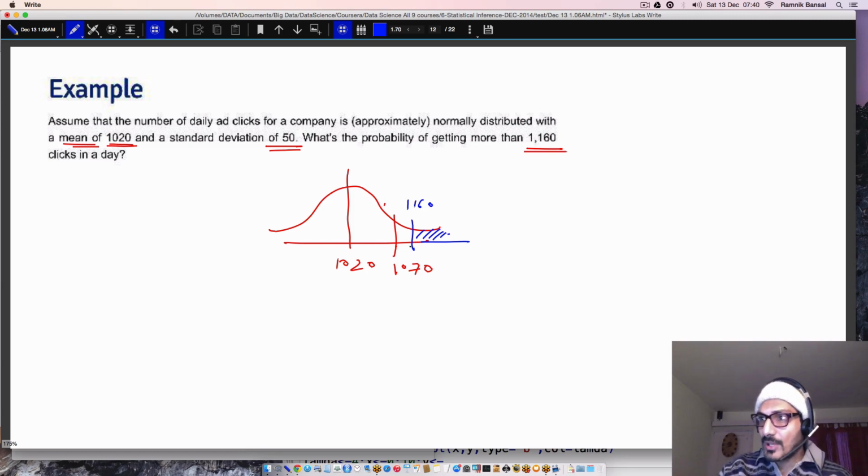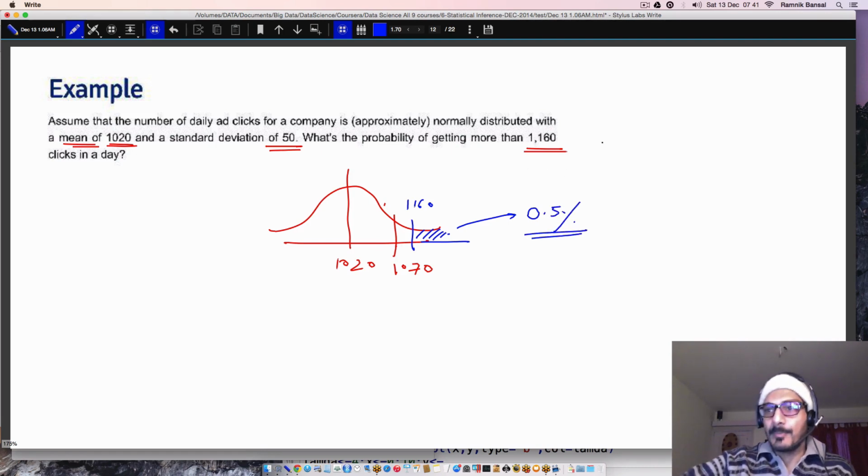If you just look at it, how many standard deviations away from the mean is this? Almost 3, roughly 3. 140 more, with 50 as the standard deviation, roughly 3 standard deviations. So if it is 3 standard deviations, what will this probability be like? At least just to get an idea. It's very important that you remember the answer for at least a single standard deviation: the range is 68%, for 2 it is 95%, for 3 it is 99%, which means this value is around 0.5%. Let's see what we get actually.